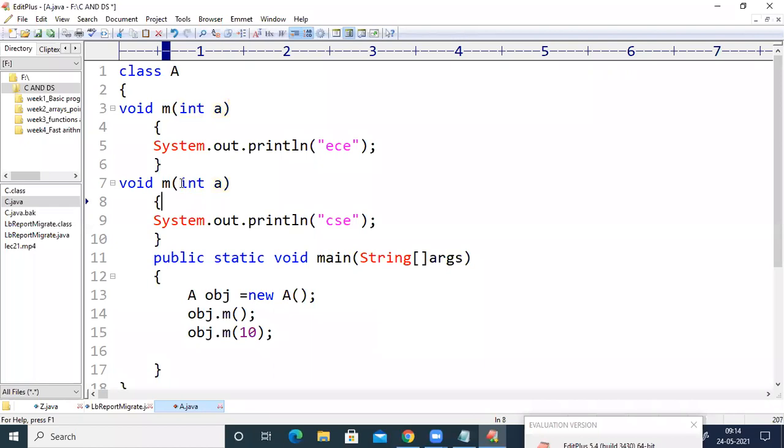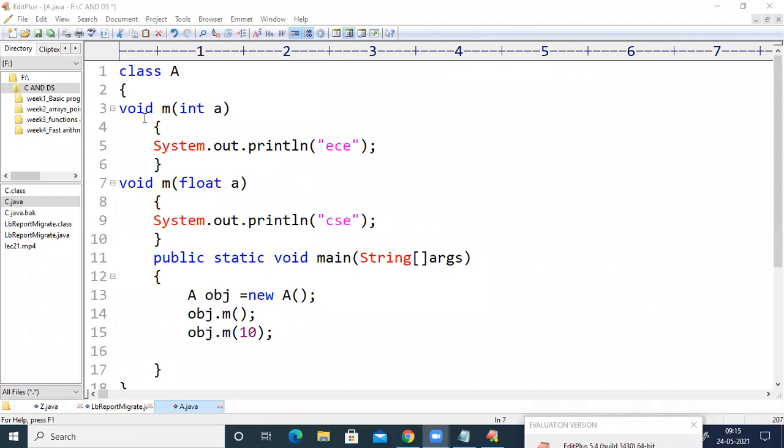So instead of maintaining it as int a, if we define it as float a, then the first method has 1 parameter and the second method also has 1 parameter, but the type of the first parameter is integer and the type of the second is float. So here we are showing a difference in terms of type of parameters.